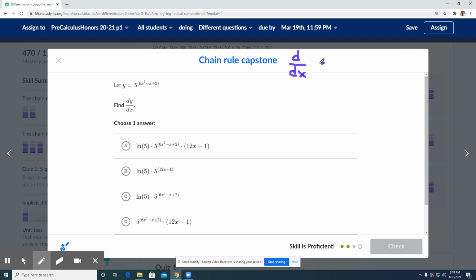d/dx of a to the x. Let's see if I can do it from memory. I think it is the natural log of a times a to the x. And then I'll check my notes. Natural log of a times a to the x. Yep. So that means when I do this, the derivative of the outermost function, the derivative of the exponential function, is going to be the natural log of a. A is the base, times, I'm just going to rewrite all of this,